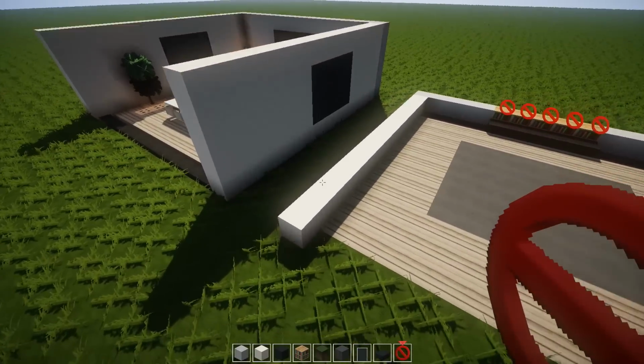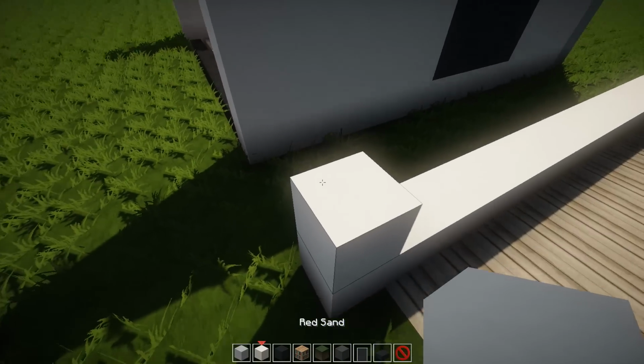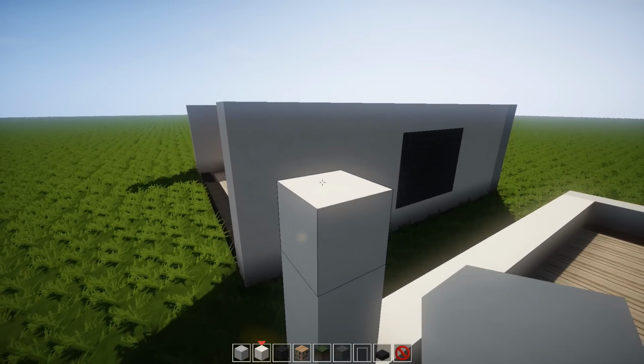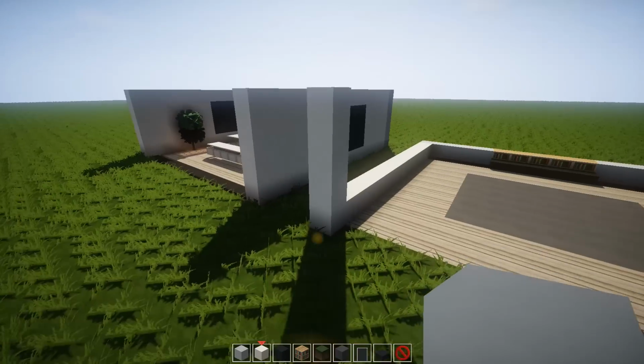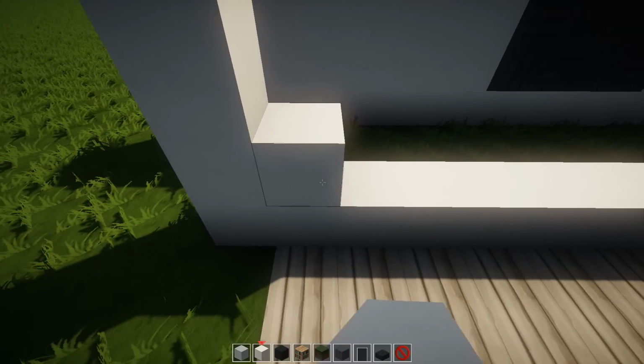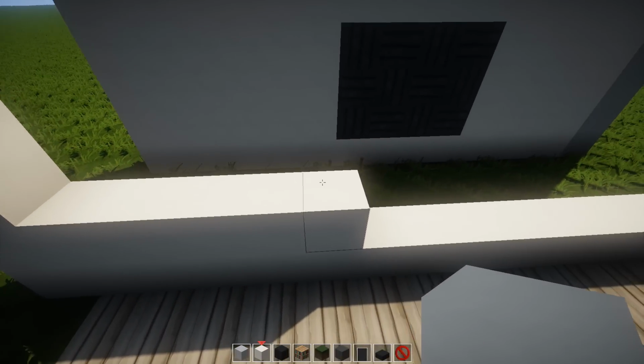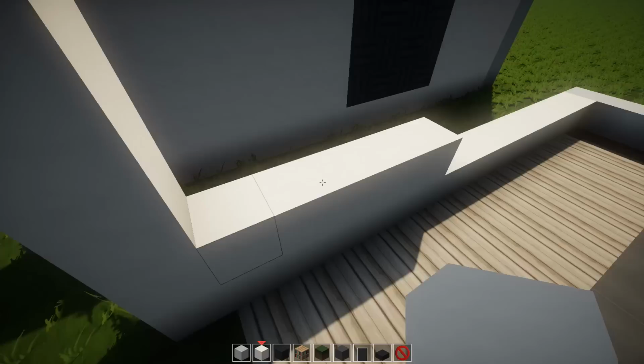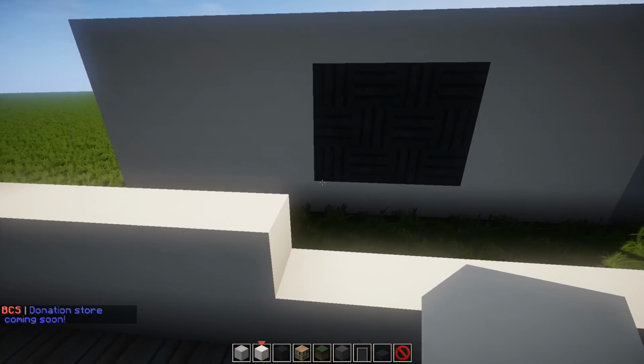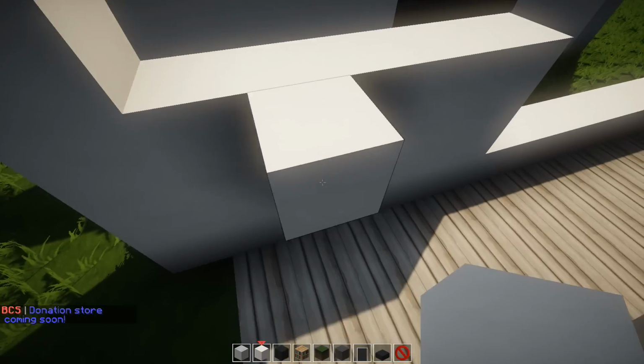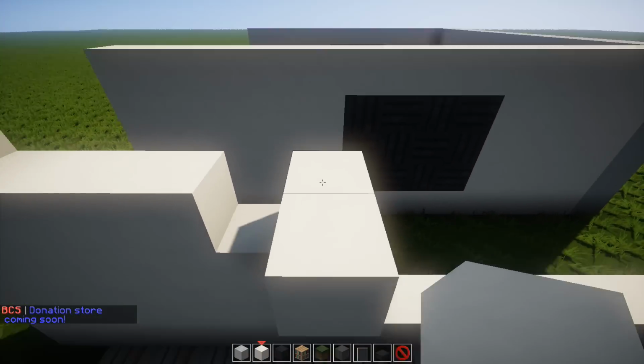So what we're going to do now is extend these walls up by 1, 2, 3, 4, 5 in height. So all the walls surrounding you should be 5 in height. And we're going to bring them out, as you can see, 1, 2, 3, 4, 5, 6 blocks in. And 2 blocks up, we have this really cool little wall art feature, which I'm going to get into in just a second.